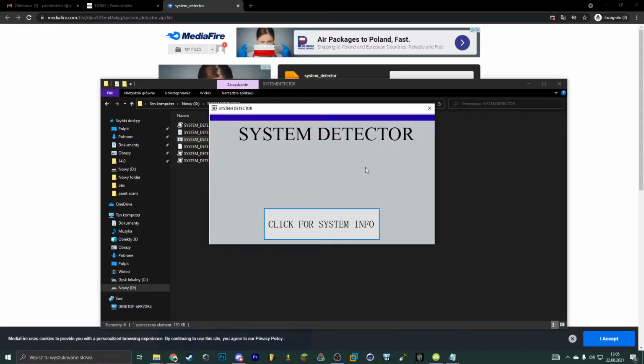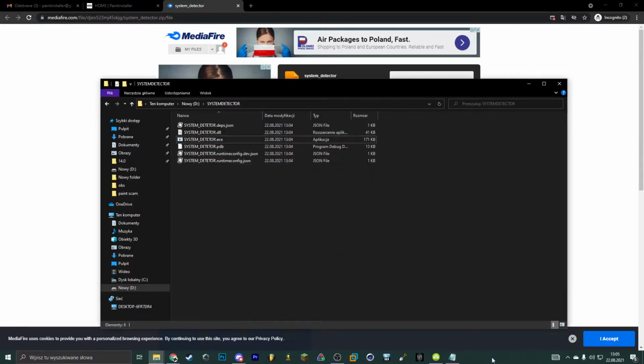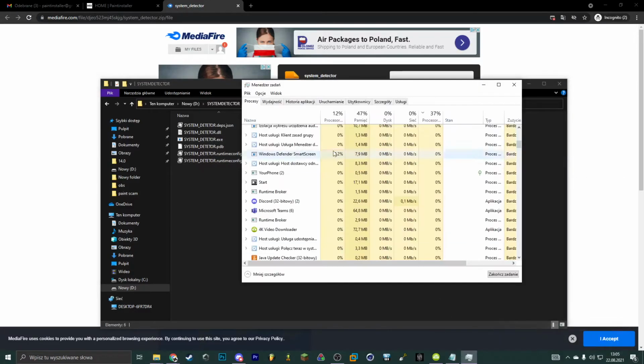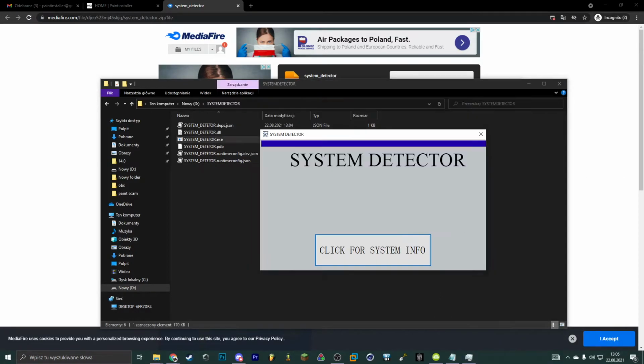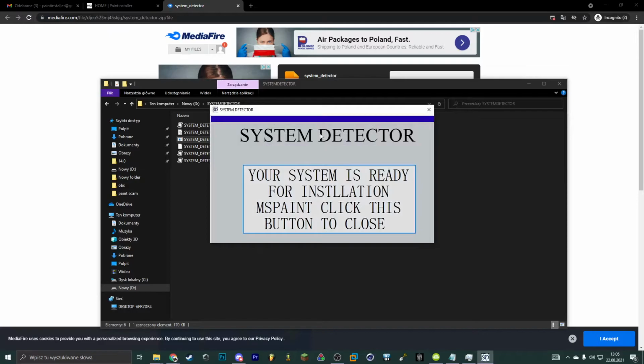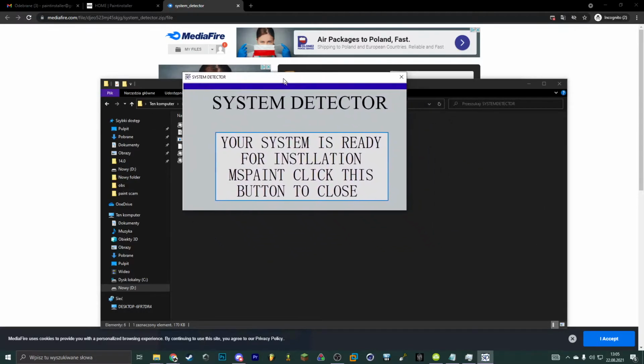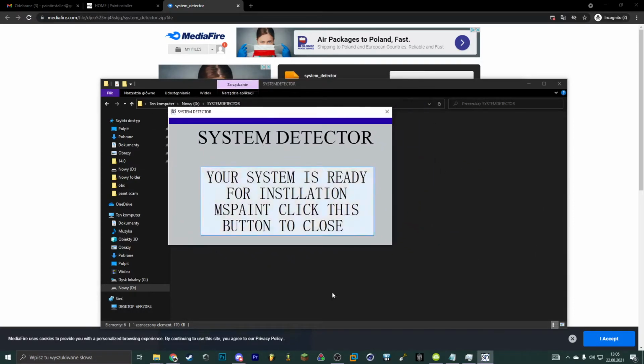system detector, click for system info, and this will give you information if your system supports it. Okay, so if you have it, click for system info, and as you can see, the system detector detected that my system supports installing MS Paint 3.0.